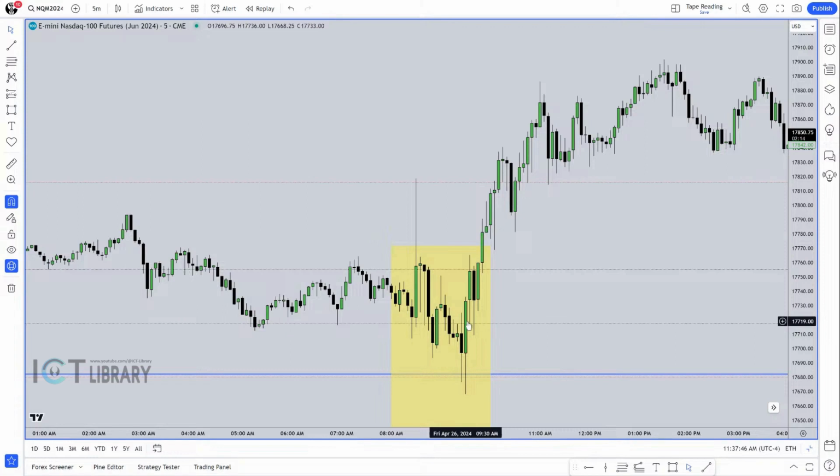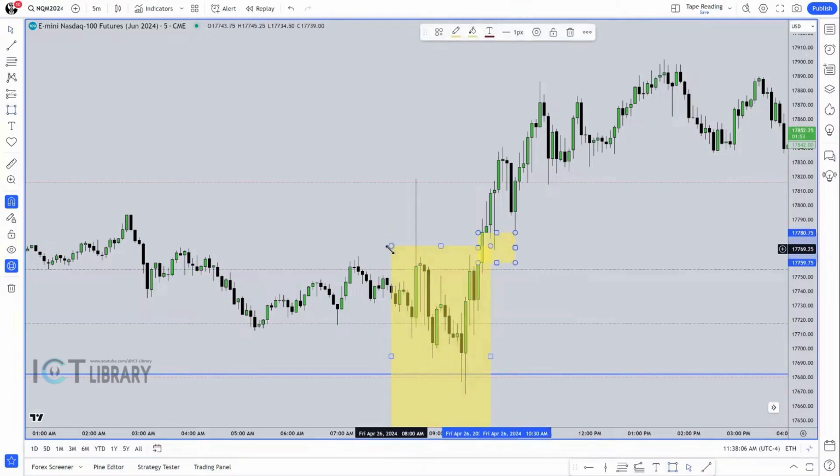And then what do we have here? You missed this down here. You weren't able to dial in. No problem. We're on a 5-minute chart. We're still below equilibrium. So we're in what? We're in a discount. So can we take a fair value gap entry? Absolutely. Yes, we can, Virginia. So watch.